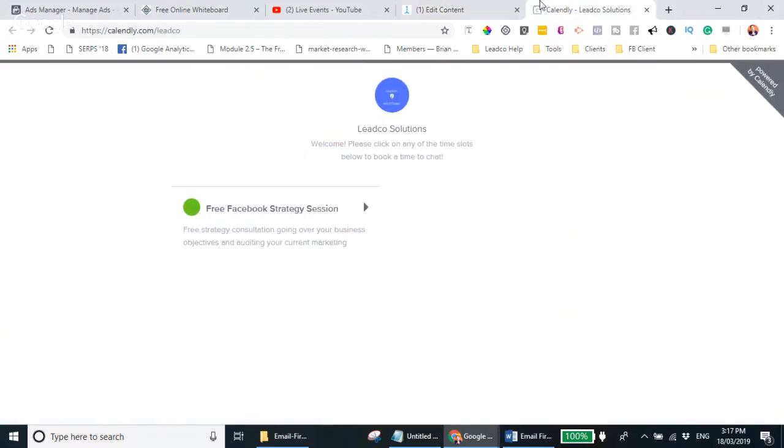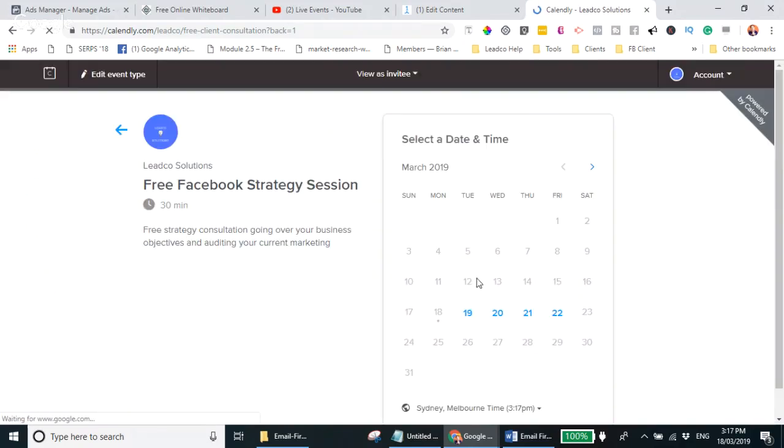And then the final step is they come over to my Calendly link, and then they go, yes, I would like a free Facebook strategy session. Thank you very much. And then at the end of it, they go, okay, cool. When can I jump on board? Okay, you're free between these dates. All right, let's have a look at